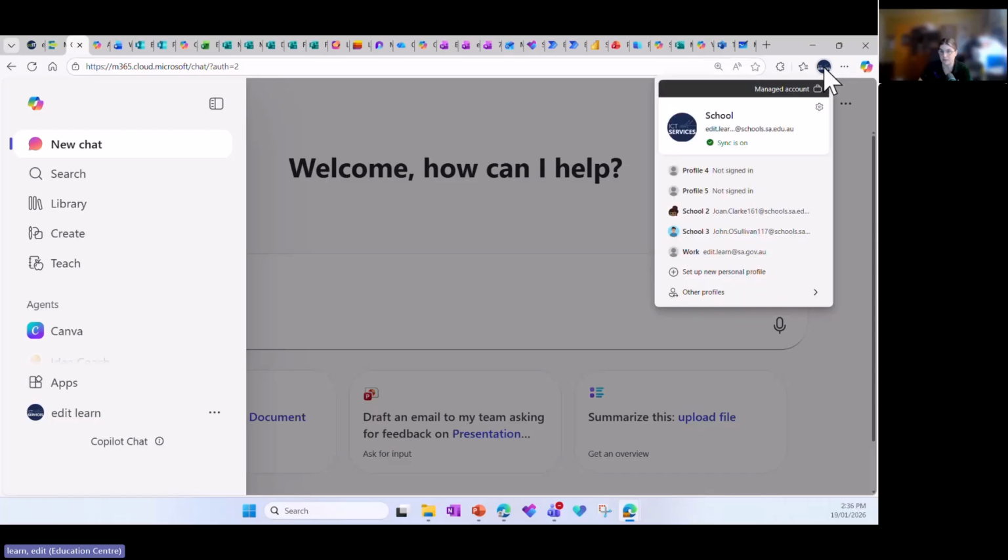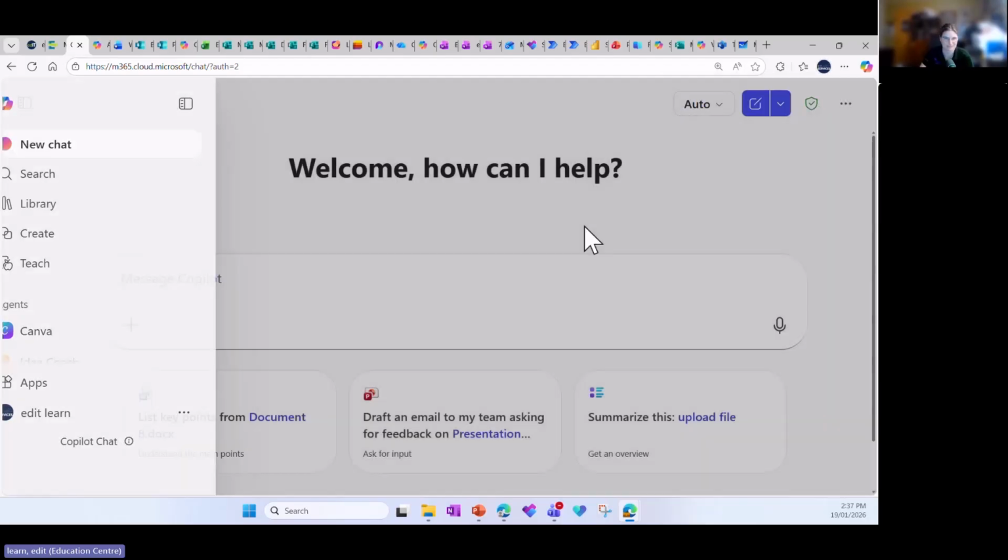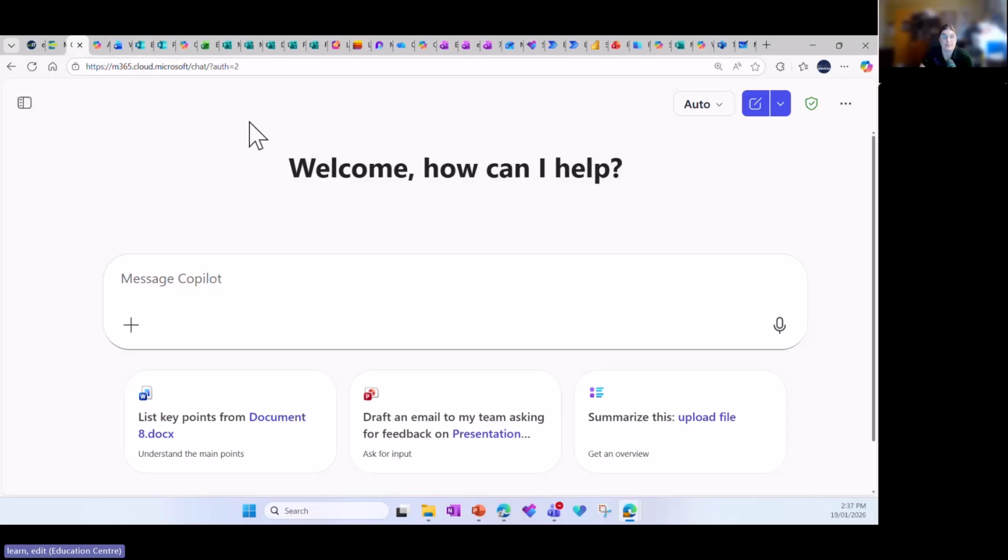And I've actually also logged into Edge with my @schools email as well. If you haven't set up a profile in Edge or Chrome, again, it's really handy if you do set that up, because then a lot of the time you'll automatically be logged into the right account when you go to access those apps that you're using every day. And you can see I've got a few profiles because I've got a few different training accounts on this computer. Okay, so from this